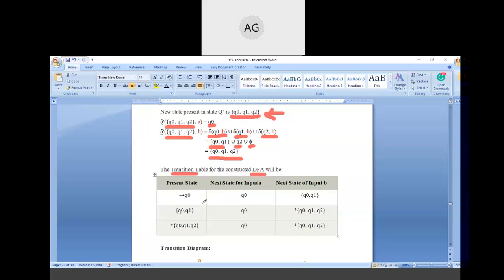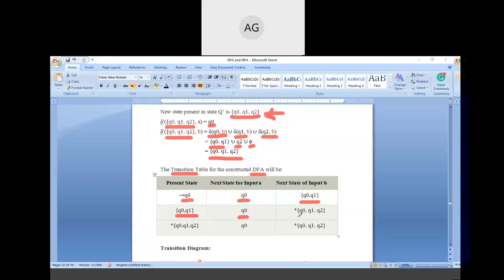So we can fill these entries in the transition table of the DFA. As we know, the initial state of the DFA will be the same as the initial state of the NFA, according to step number 2 of the algorithm. So on getting the input A on Q naught, we get Q naught. On getting input B, we get the states Q naught, Q1, and we get Q naught, Q1 as the new state. So on getting the input A on this Q naught, Q1, we get Q naught as we already discussed, and on